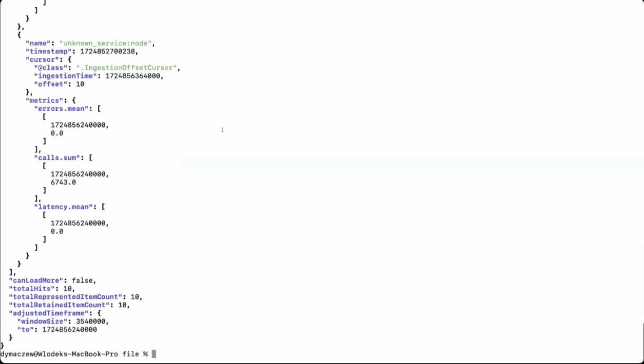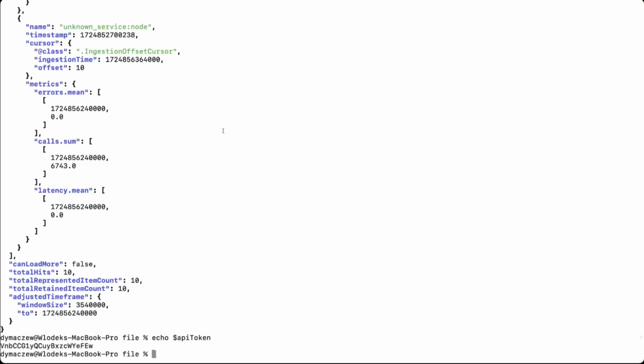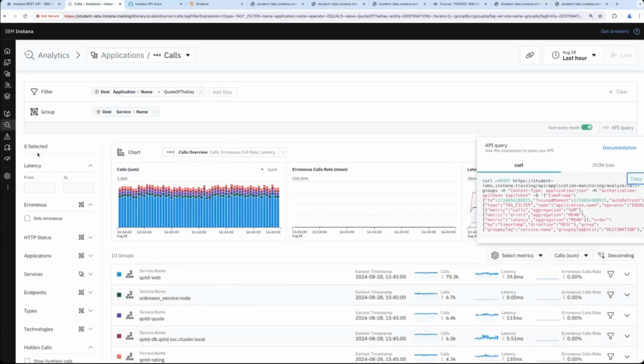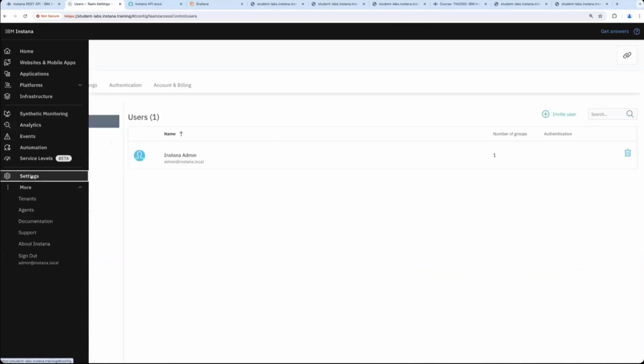It worked because, while testing before this demo, I had already created the token. So if I echo it, it will be there. Yeah, so let me show you in the UI where it came from. So if we go to settings,